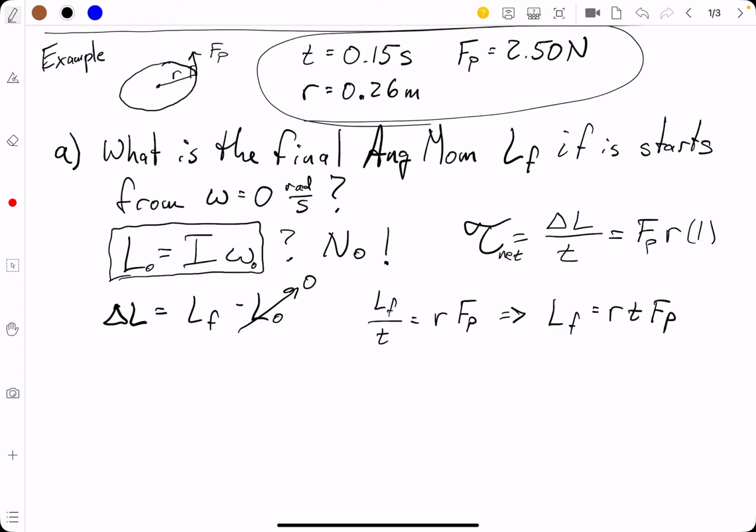We know all those things. R, T and F_P. Nice, good for us. And we can put those things into our equation. LF is equal to 0.26 times 0.15 times